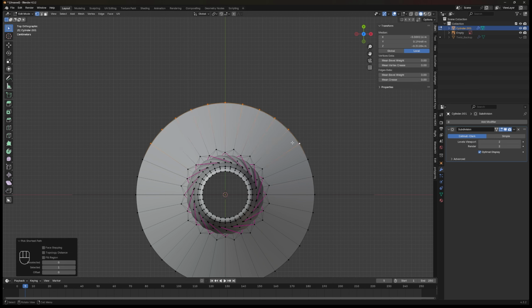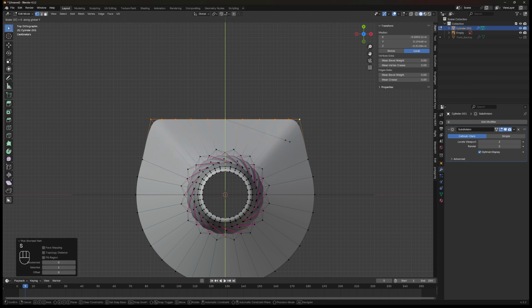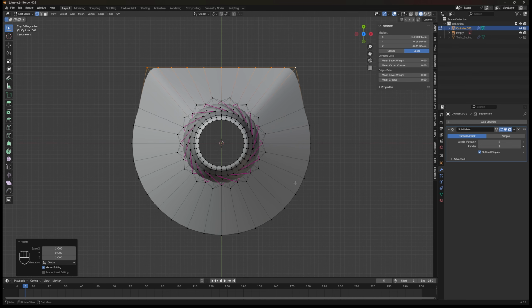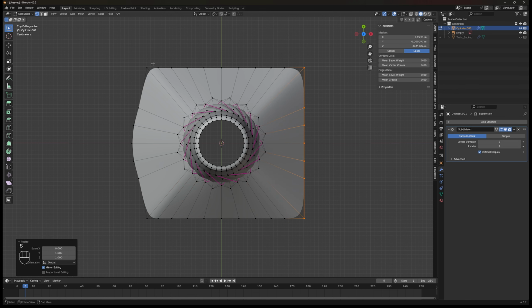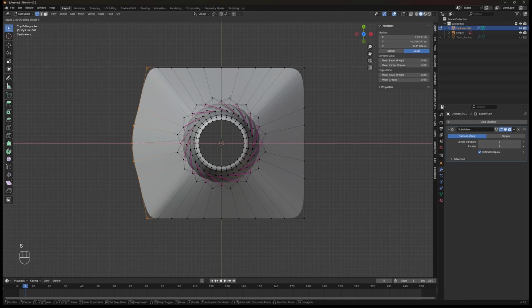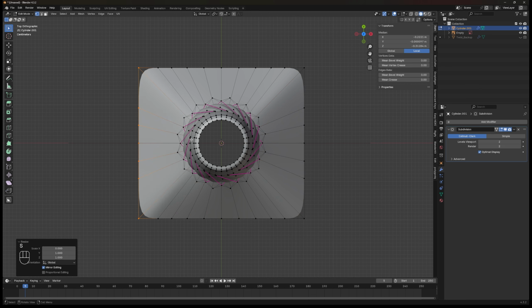Move to the top view, select 1, 2, 3, 4, the vertex here, and 1, 2, 4, and here, while holding Ctrl. Then hit S, then Y, then 0 to straighten it, and do the same for the bottom. On the right here, you select the vertex using box select, then hit S, then X, then 0, and do this also on the left. So now the shape is a circle on the top, then square pants on the bottom.